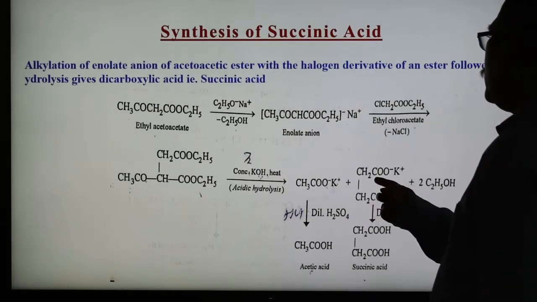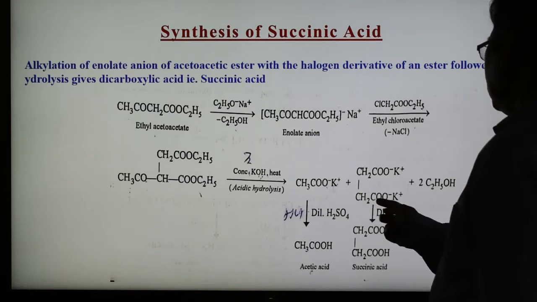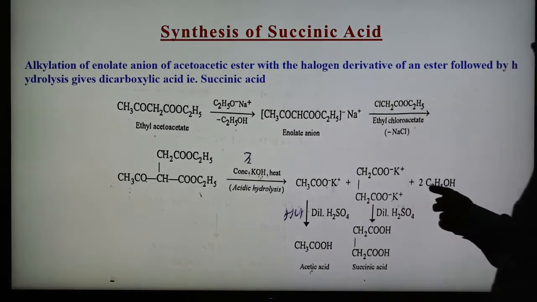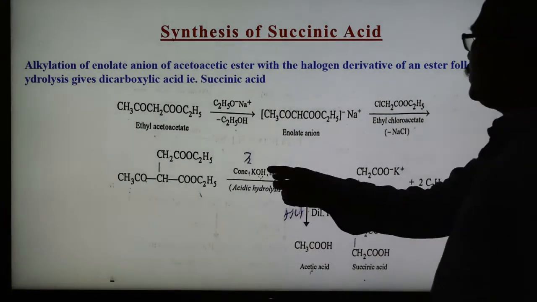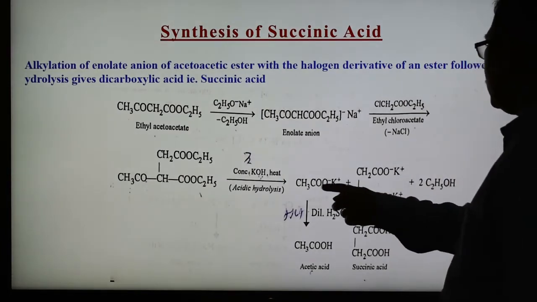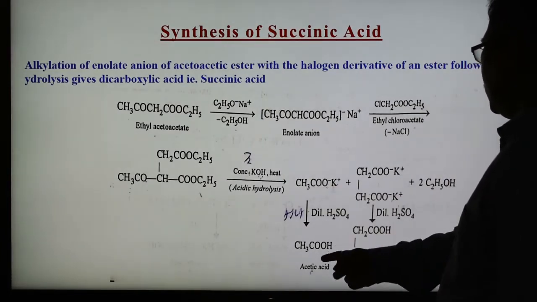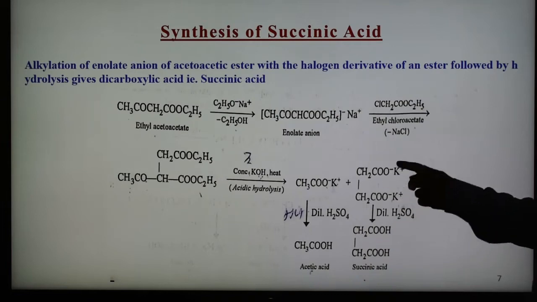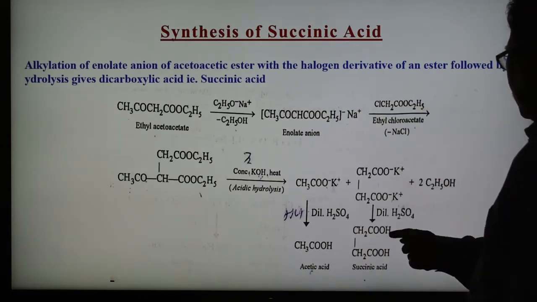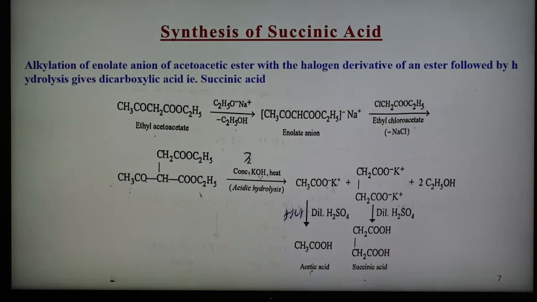After that CH2COOK and COOK, here there is a loss of C2H5OH, 2 molecules, after KOH, and these 2 molecules of C2H5OH, and here, as we know, acidification of this we get COOH, and acidification of this we get here 2 hydrogens, potassium has been replaced by H, and we get CH2COOH, CH2COOH, which is known